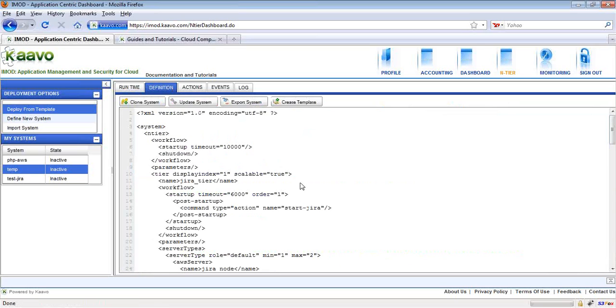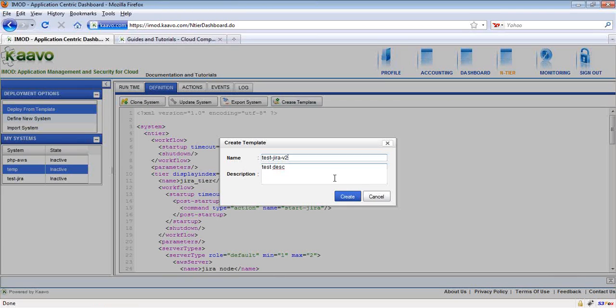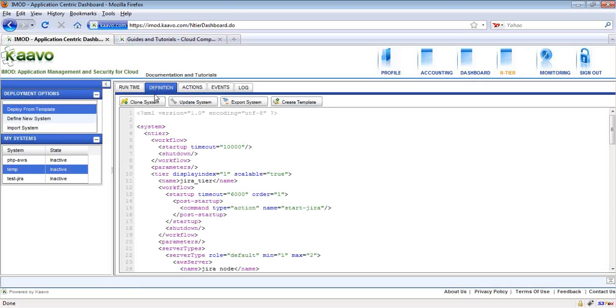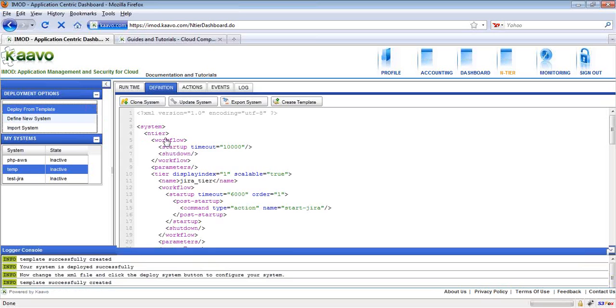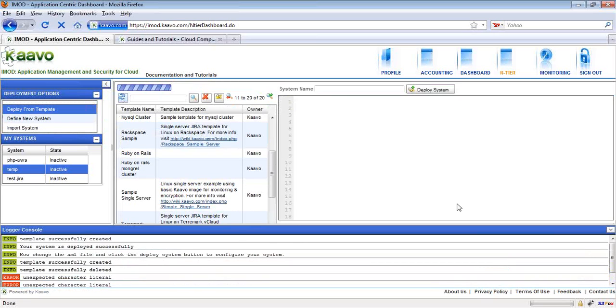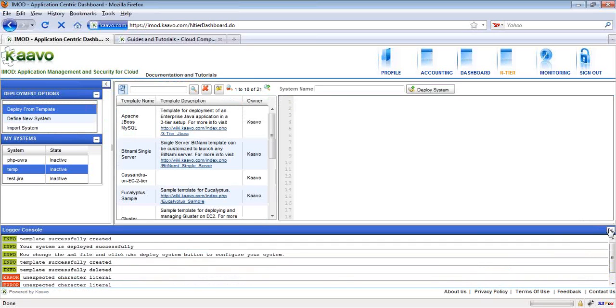The next thing would be to create a template from this system. Let me call it S0 V3. The template was successfully created.